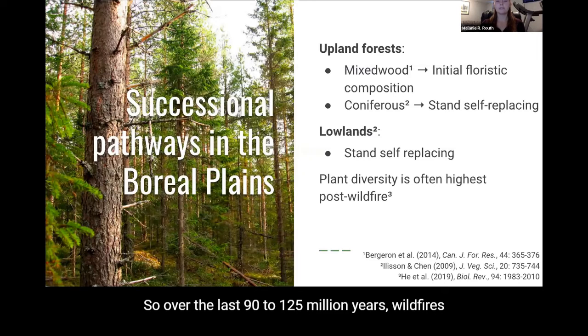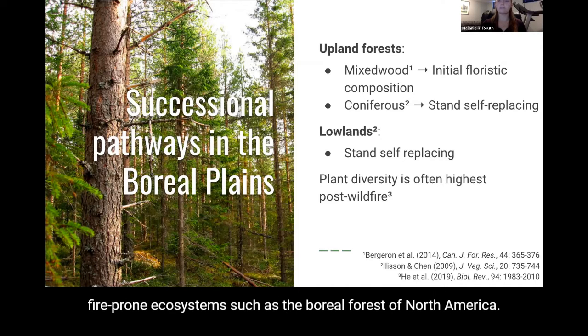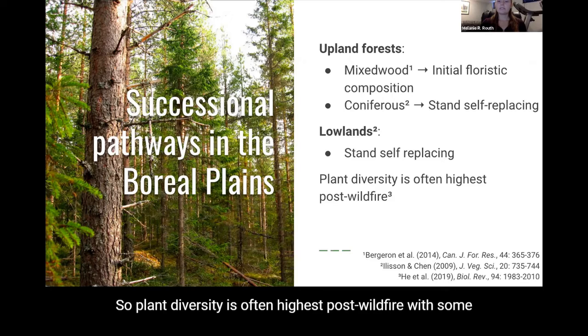So over the last 90 to 125 million years, wildfires have played a major role in the strategies used by trees, thus regulating biodiversity and ecological processes in fire-prone ecosystems, such as the boreal forests of North America. Plant diversity is often highest post-wildfire, with some ecosystems reaching a peak faster than others, and this is due in part to the differences in post-wildfire successional pathways that are dictated by both animal habitat preferences and the lifespan